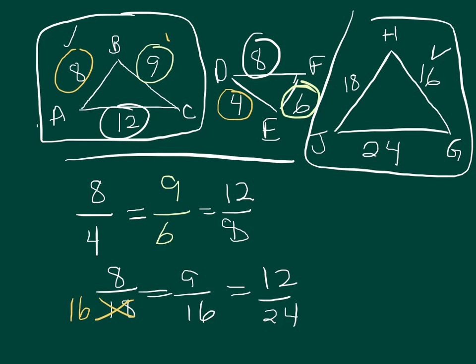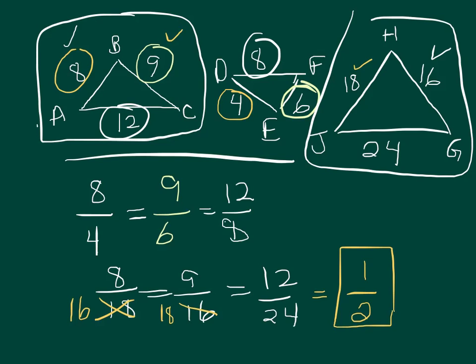And here's the medium side, the 9. Where's the medium side over here? Well, that was the 18. Okay, that looks better. Like I said, this is the easiest thing to mix up on these. So 8 over 16 and 9 over 18 and 12 over 24, yes, they are all equal, and they reduce to the fraction 1/2. So I can say that the first triangle and the last triangle are similar,